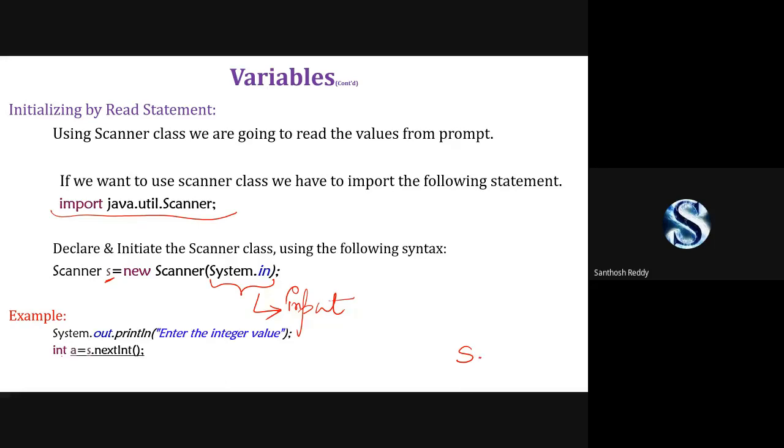If you're taking an integer value, then you have to use nextInt. Next will be small, I will be capital, nextInt, and open and close parenthesis, then a semicolon. This is how we read an input in Java.